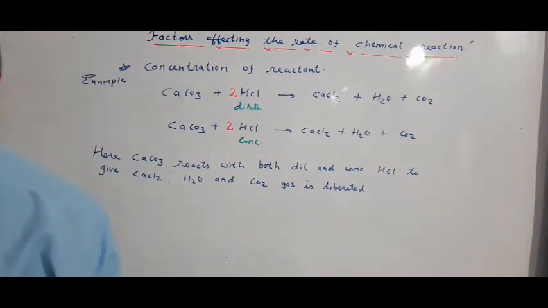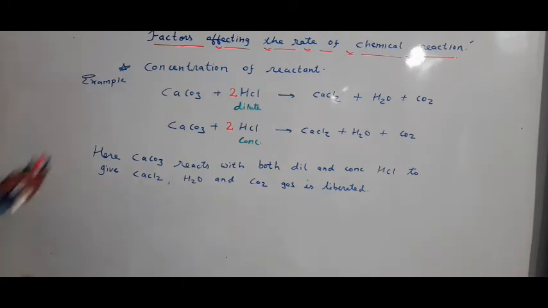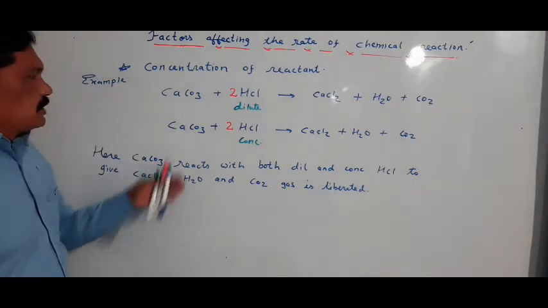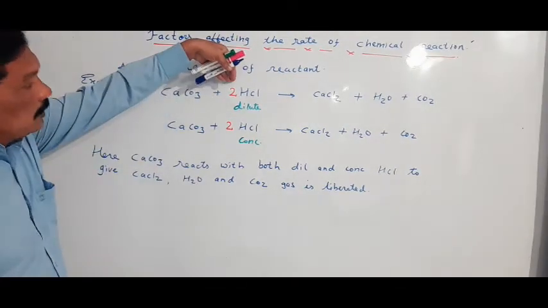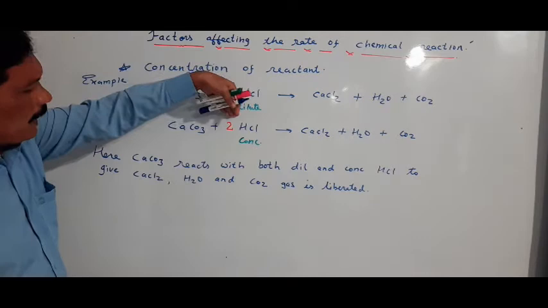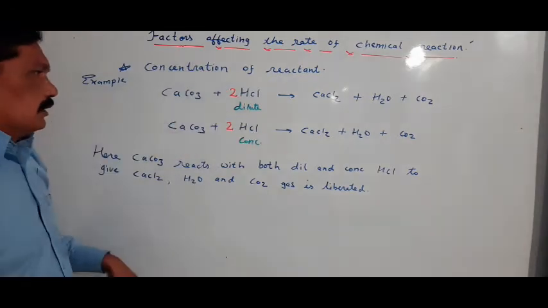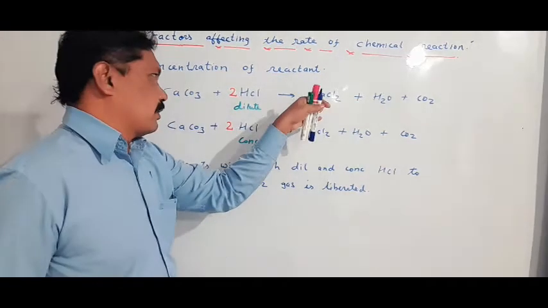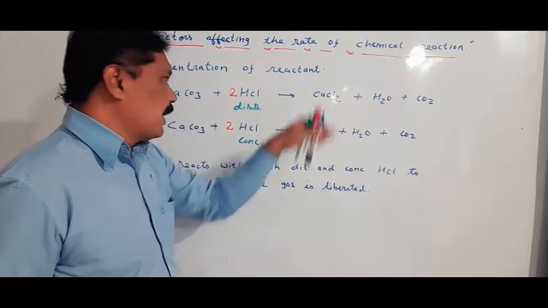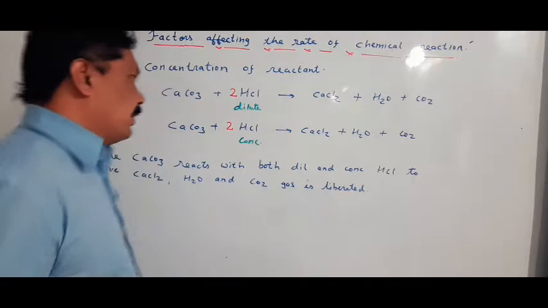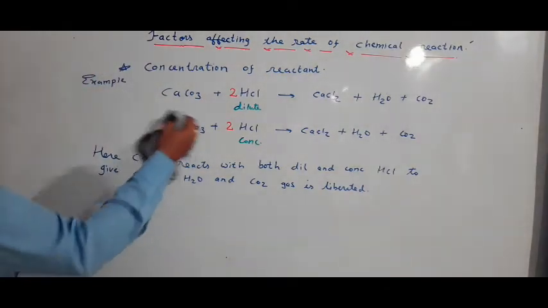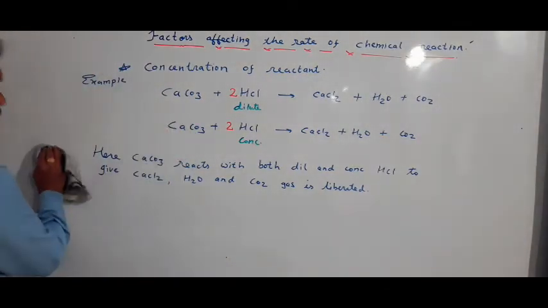But my dear friend, in both the reactions we have seen that calcium carbonate reacts with dilute HCl and concentrated HCl and we get the same product, that is calcium chloride, water and carbon dioxide gas is given out. But if we carefully study this reaction, we will find that